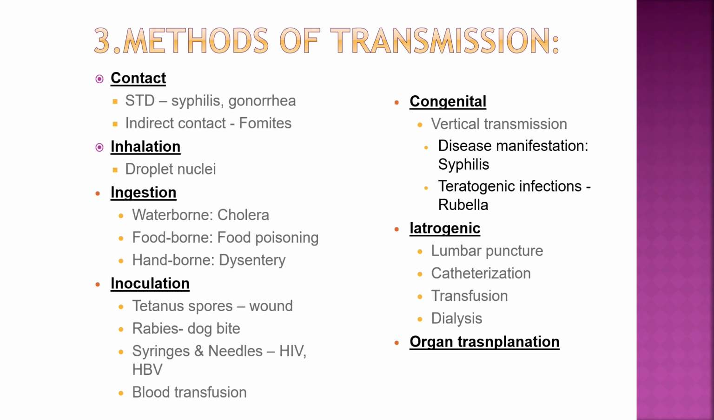Methods of transmission: contact, like sexually transmitted diseases like syphilis, gonorrhea. Indirect contact can be fomites, inhalation, droplet nuclei, ingestion, waterborne like cholera, foodborne, food poisoning, handborne, dysentery, inoculation, so tetanus, rabies, syringes, needles causing HIV, hepatitis B, hepatitis C because of blood transfusion. Then congenital, it can be vertical transmission, syphilis, rubella, or iatrogenic can be because of lumbar puncture, catheterization, transfusion,